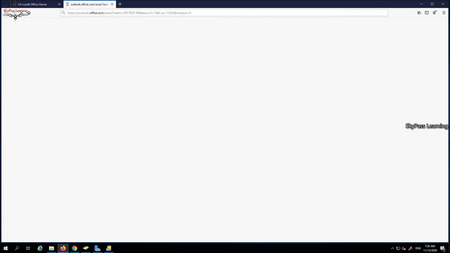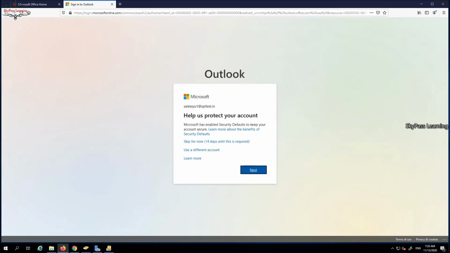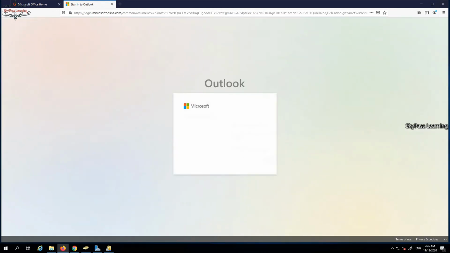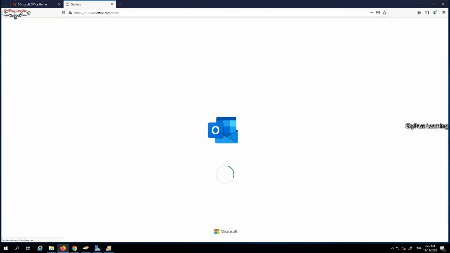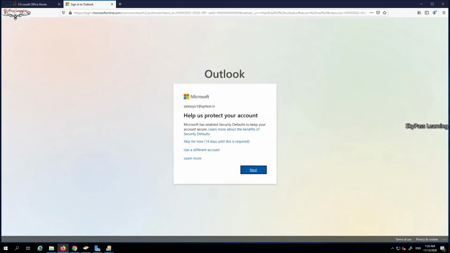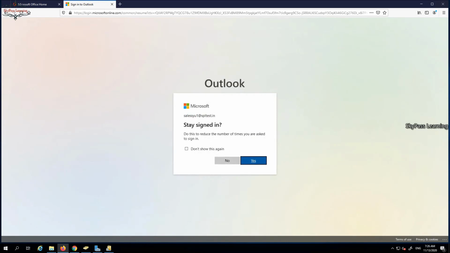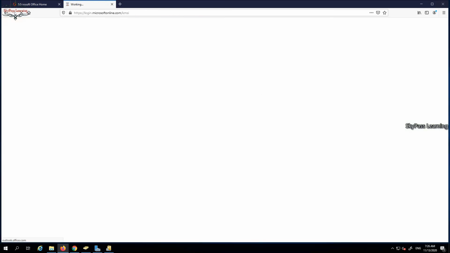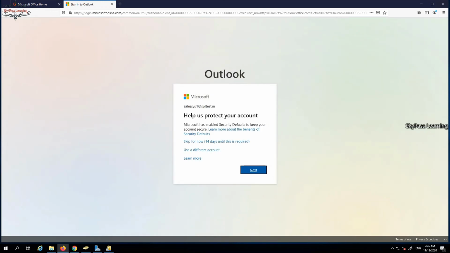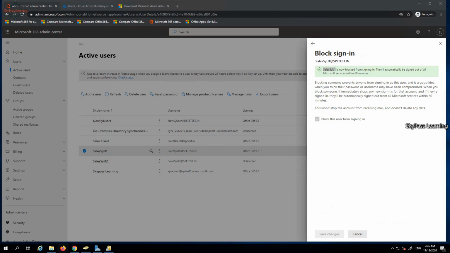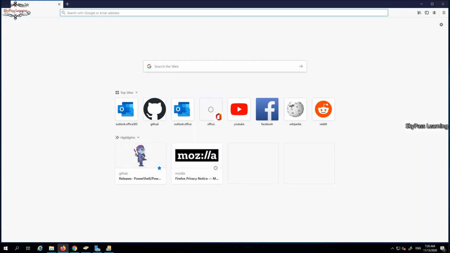So you see if it is taking some time or not, it's not giving me a login state. Let me quickly check whether the block has worked or not. Let me just show you once. It's taking up to 60 minutes, but that is the maximum time period.